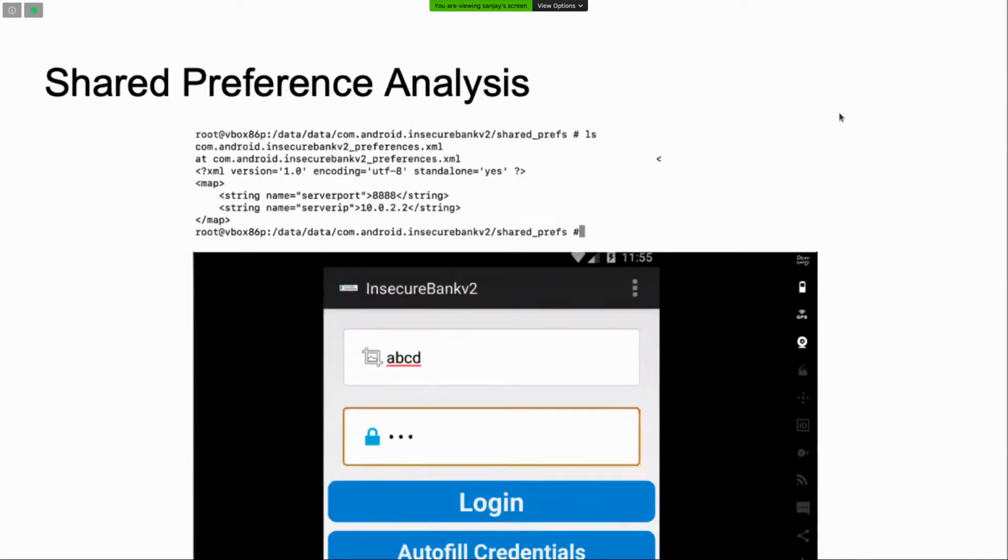Okay, so these are the difficulties that I have faced during the Android static analysis. If we have to analyze any file in the sandbox, we first have to go to that particular path. Here you can see I have to go to the data slash application folder, then the shared preference. In order to analyze the shared preference file, we have to get that file in the terminal. So scrolling is difficult, and analyzing the content is also difficult if the file is huge.